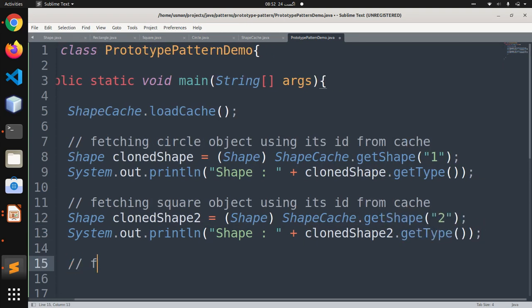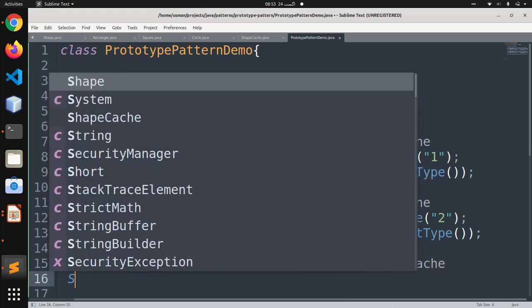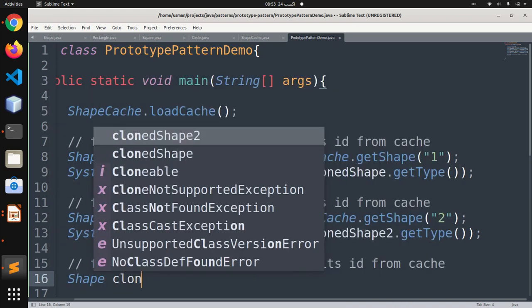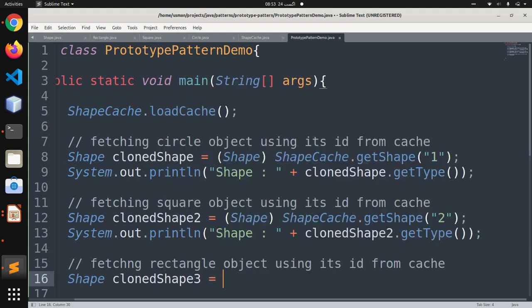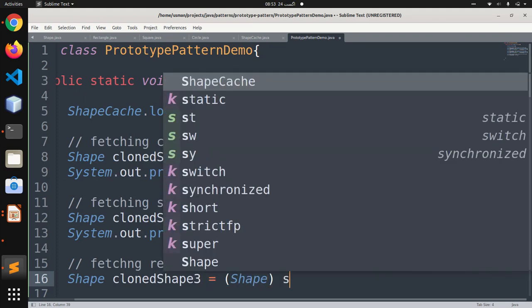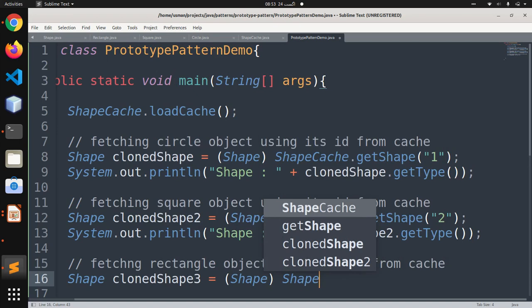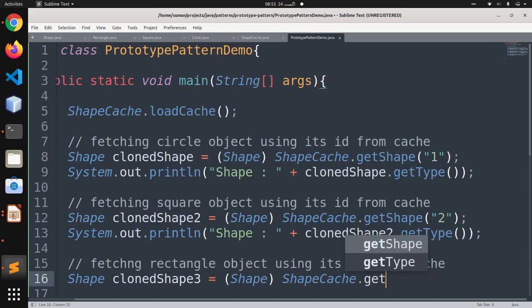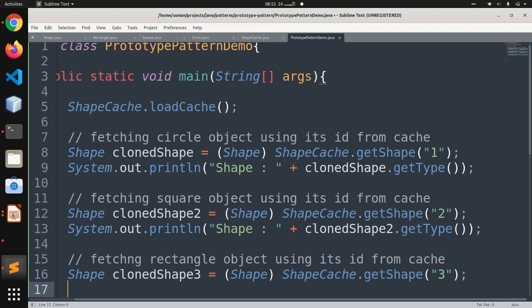And the third one is fetching the rectangle object using its id from cache, Shape clonedShape3 equals ShapeCache.getShape(3), and this time it's 3 because rectangle has an id of 3.